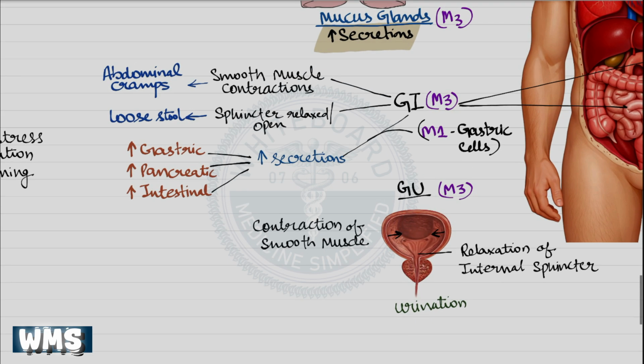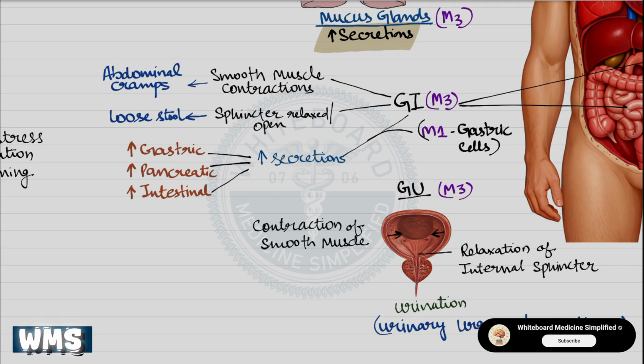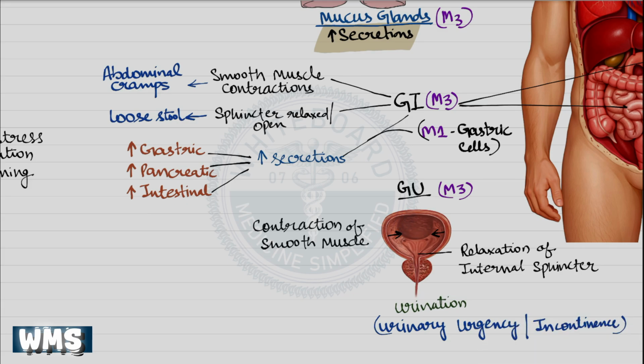In the urinary system, excessive M3 stimulation may result in urinary urgency or even urinary incontinence. At the gastric level, stimulation of M1 receptors on parietal cells increases gastric acid secretion. If this stimulation is excessive or prolonged, it can contribute to conditions such as peptic ulcer disease due to increased